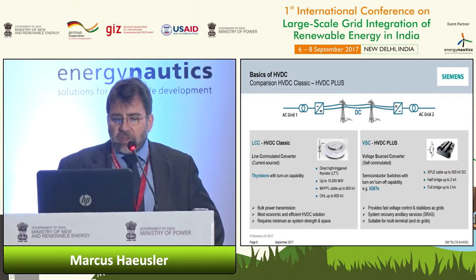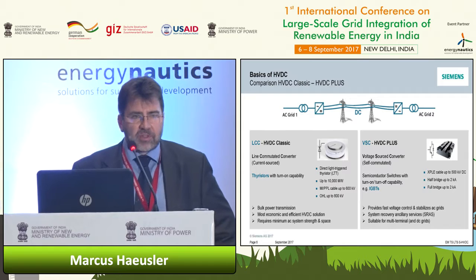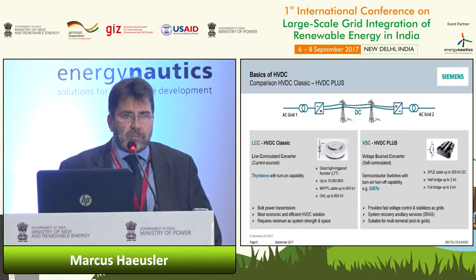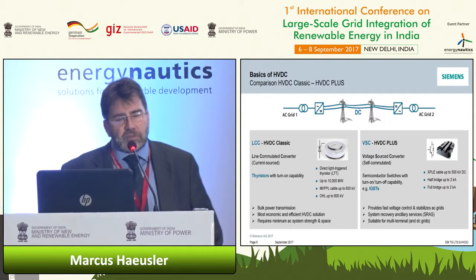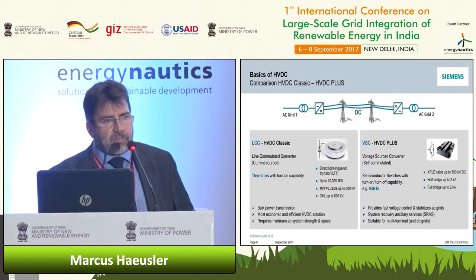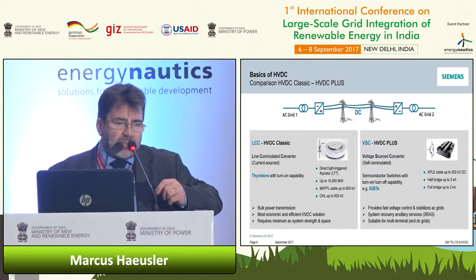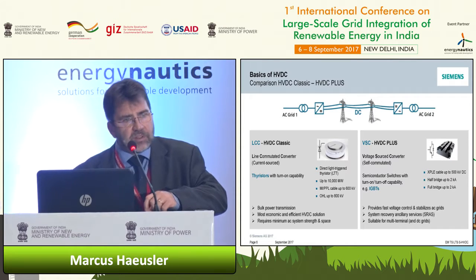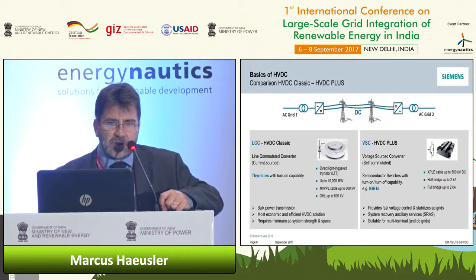This is complemented now by the second technology, which is now in broad application worldwide for 7 years. It's called voltage source converter technology. The Siemens brand name is HVDC+. There, instead of thyristors, semiconductors are used, which are the IGBTs, which can be not only turned on, but also turned off. That has a major advantage that we can control the DC link independent of an AC system. So even a weak AC system can be operated. Even islanded AC systems can be operated. And that's really the core application for such technology.